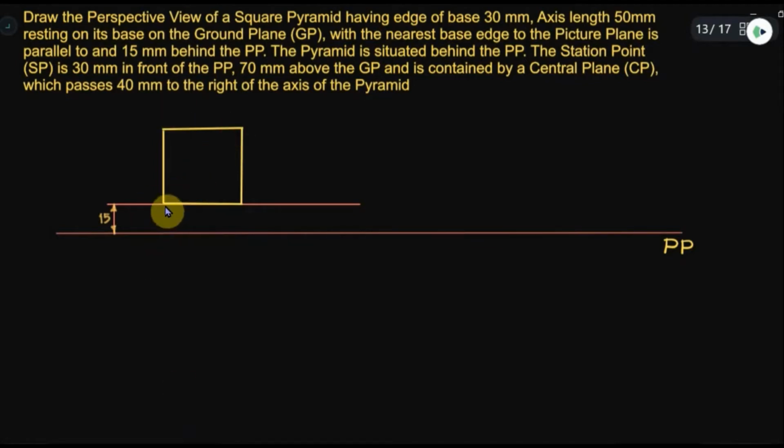Since it is a pyramid, when you look from the top, the lateral edges will be visible. Lateral edges will be represented by the portions of the diagonal. So when you draw the diagonal, you will get the geometric center of the square, and at the same time you will be in a position to mark the lateral edges also.